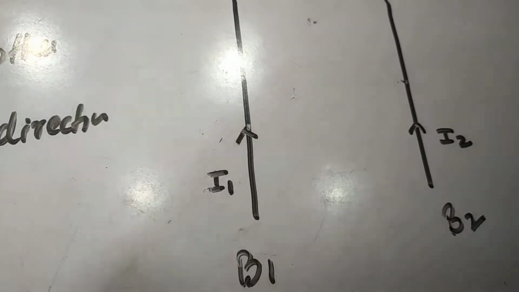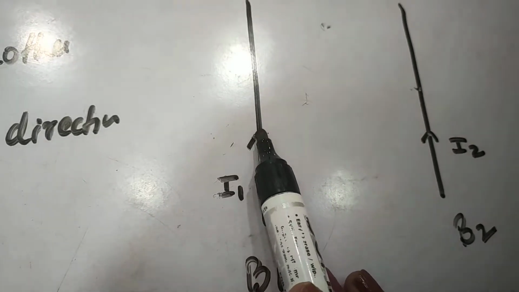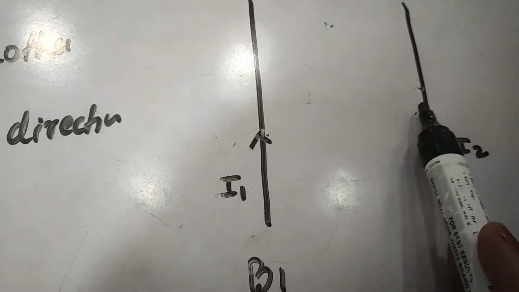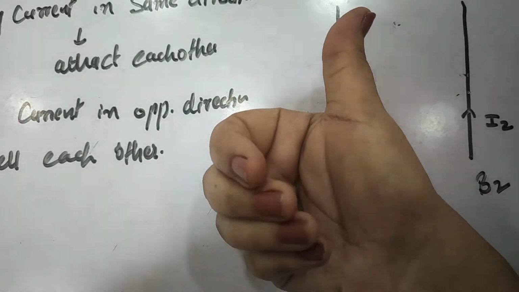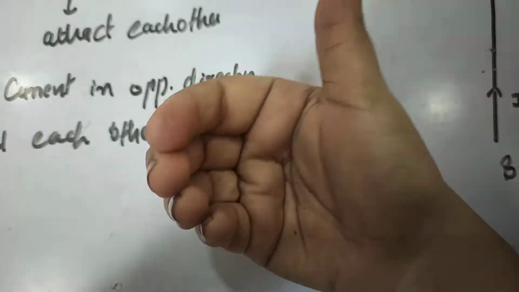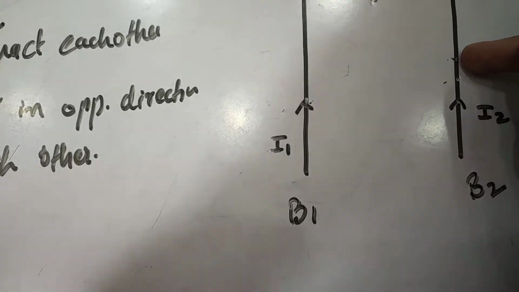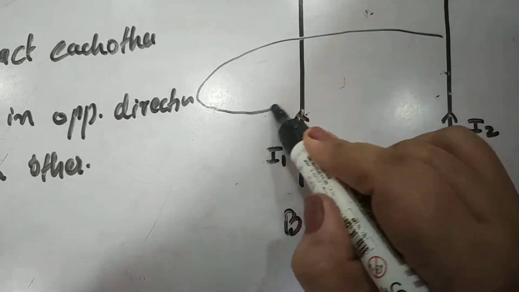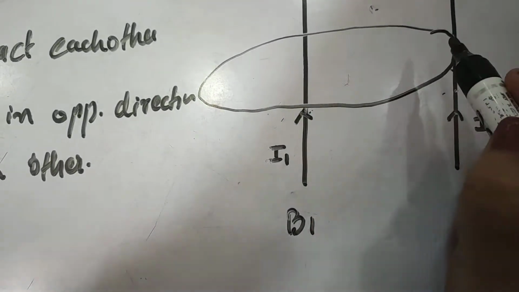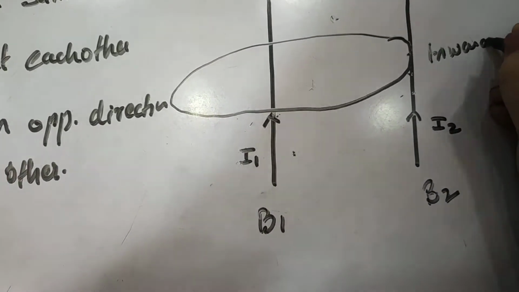Okay, so in that case, the magnetic field due to the first conductor at this point is in which direction? Let us see by the right hand curl rule. Now if we point the thumb of our hand like this, and the curl of our fingers is at this point, what will it be? This curl will finish at this point and will go inward, right? It means it is represented by these circles. The magnetic field due to this current at this point will be inward. I hope this is clear.